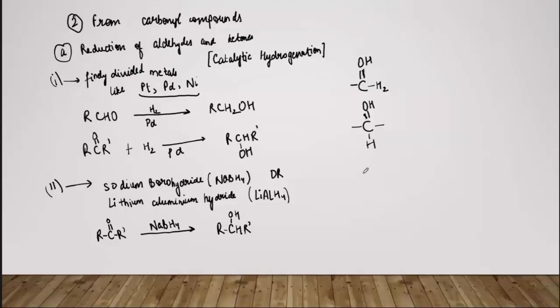So this is the reaction, and similarly for the aldehydes. Now, one thing that you need to observe here is that in the case of aldehyde, when you are trying to reduce aldehyde, you will always get the primary alcohol, क्योंकि दूसरे साइड पे दूसरा अल्काइल ग्रुप नहीं है। ठीक है। तो you will always get the primary alcohol because that carbon is the first carbon. ठीक है। और वहीं पे OH लगेगा, तो that means you will always get the primary alcohol, क्योंकि उससे कोई और ग्रुप नहीं लगा हुआ है। ठीक।